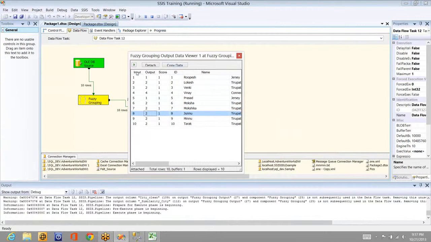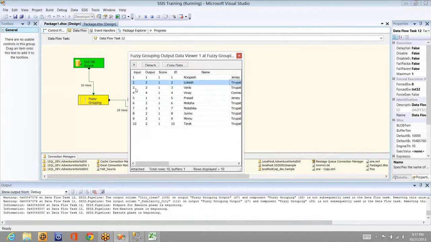The input is nothing but the row ID that is flowing in. Score is the percentage of matching. And output tells whether any matching record has already passed through. Understood? Here, for 1 the city is Jersey, and for 2 the city is Tirupati, so the output column is 1 and 2.